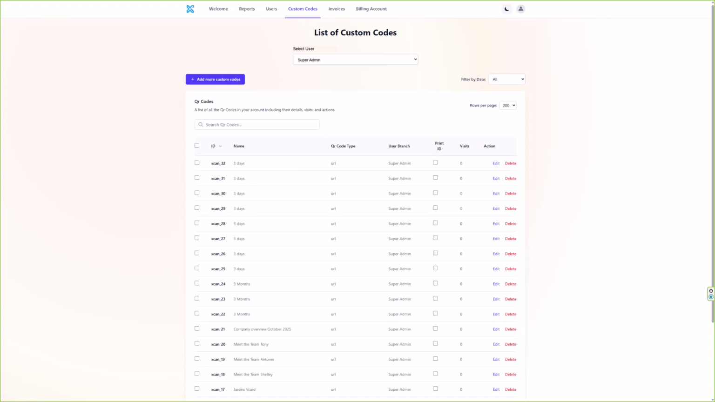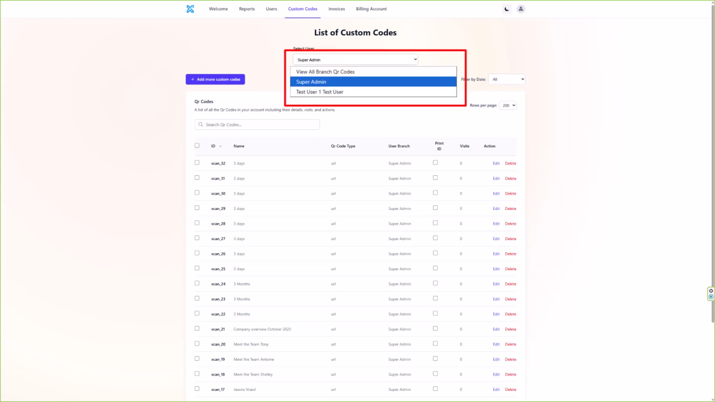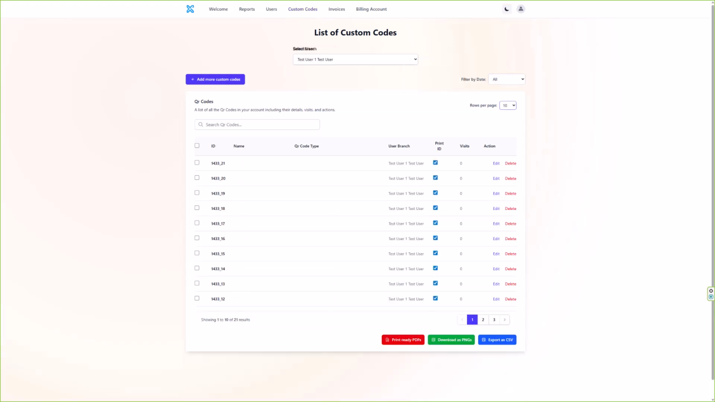There are also several interactive fields on this page. At the top, you'll find the Select User drop-down. If you're a super admin, you can view and switch between all users. If you're a single user, sometimes called an additional user or seat, you'll only see the codes belonging to your